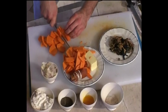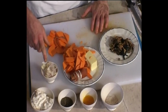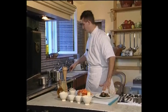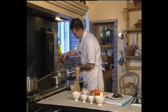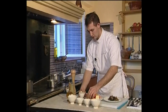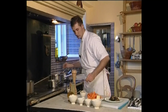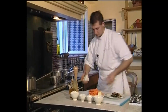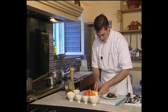So now we've finished cutting up the squash, and we've peeled and sliced the onion, the garlic, and the shallots. So I'll put the saucepan onto the heat with a little bit of olive oil. We put in the pork rind and the thyme, and we let it gently heat. I add a knob of butter,